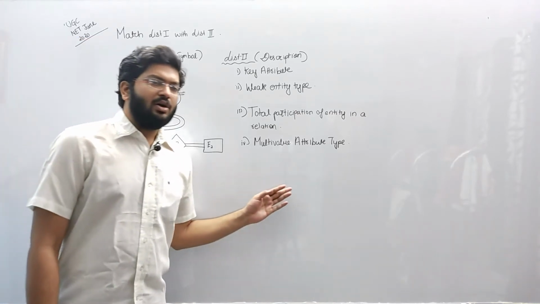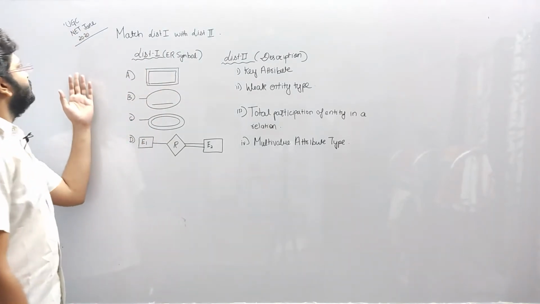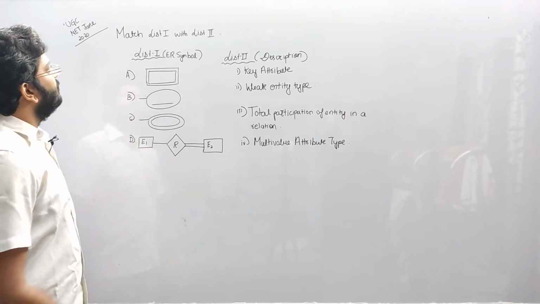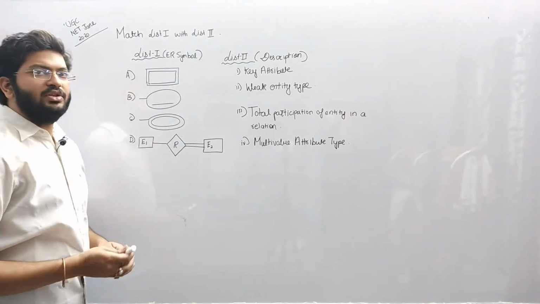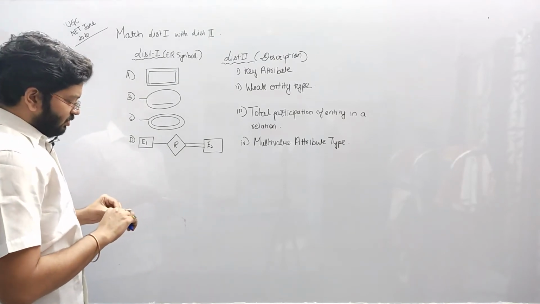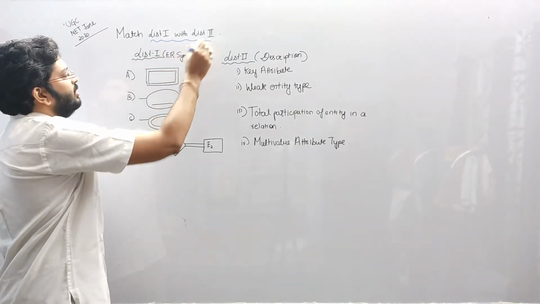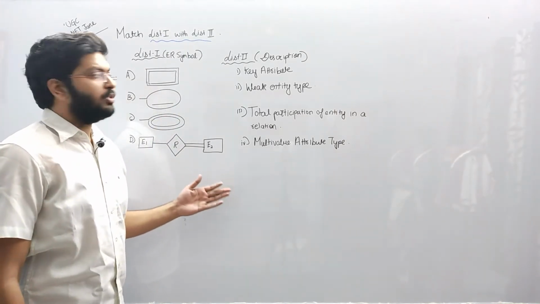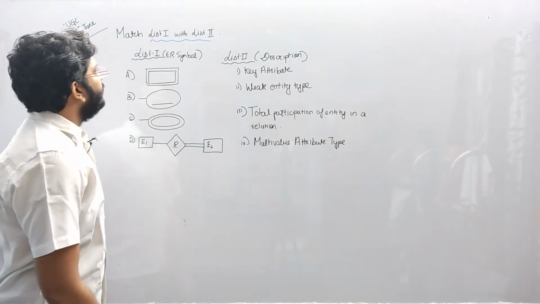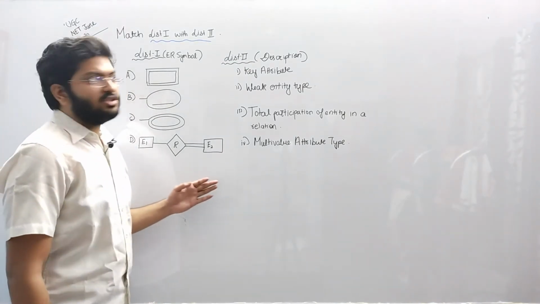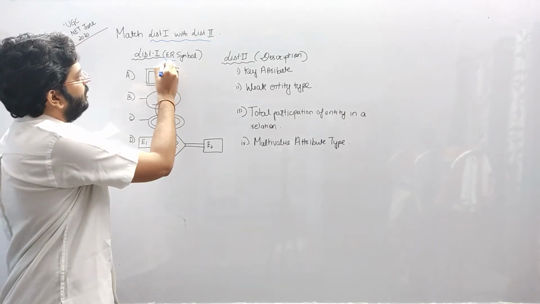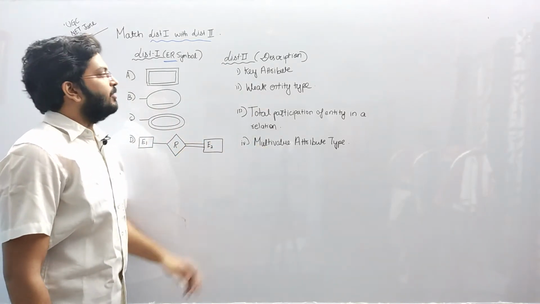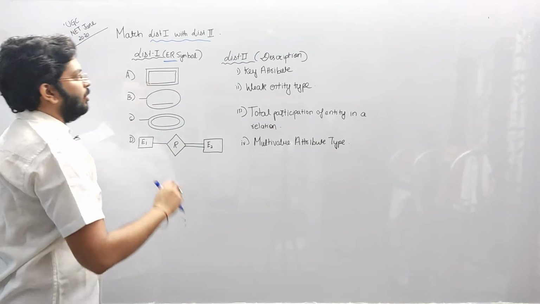Now this is a question which has been asked in the June 2020 exam of DBMS. Now let's see what the question is. It is a match list 1 with list 2 question, so this is basically a question on matching. This type of question actually looks easy, but if we lose a bit of concentration, then we may make mistakes, because some of the options might look similar. It is basically matching of the ER symbol and a description. ER stands for entity relationship, and their symbols are in list 1 and the descriptions have been given in list 2. So we have to match to the proper list.